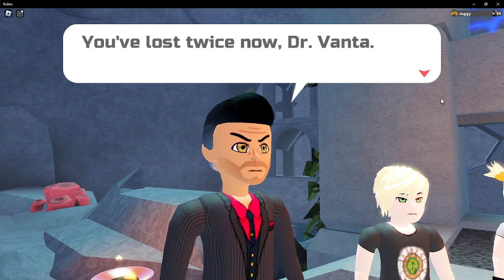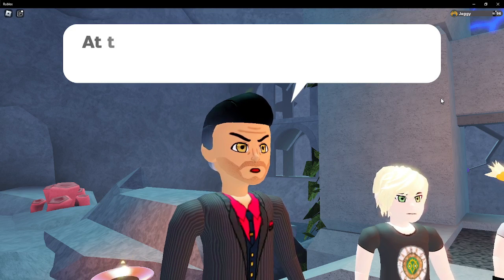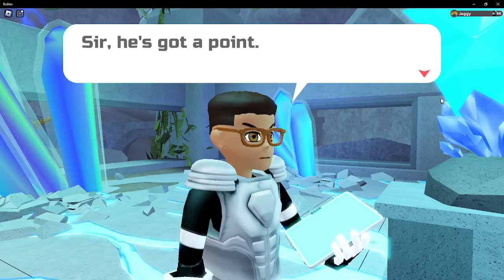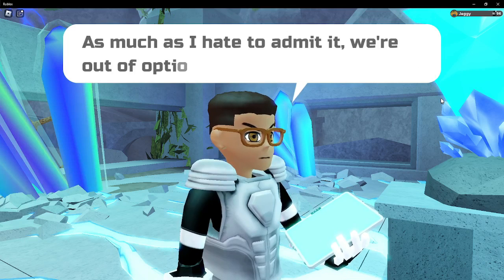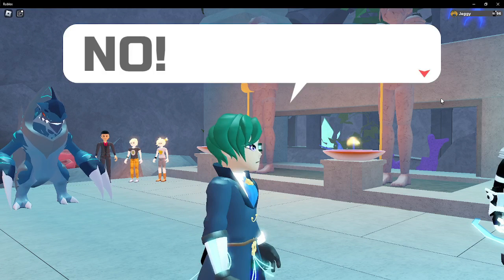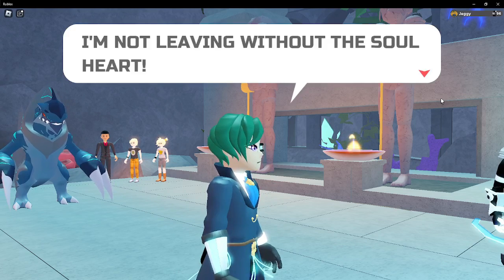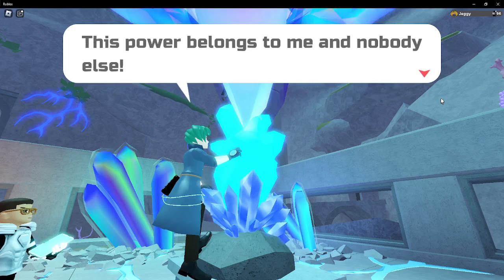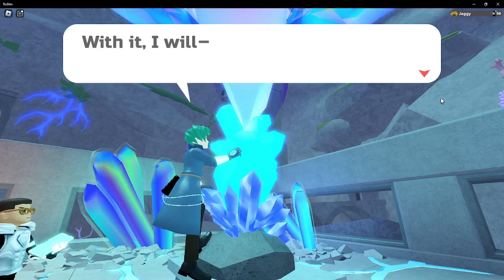If we can just figure out how to better exploit this phenomenon. Enough! You've lost twice now, Dr. Vanta. You are out of moves to play. At this point, you'll be lucky just to leave without the Soul Heart. Sir, he's got a point. As much as I hate to admit it, we're out of options. Maybe we should retreat for now and return with... No! I'm not leaving without the Soul Heart. Vanta, don't! Sir, I wouldn't... This power belongs to me and nobody else. With it, I will...